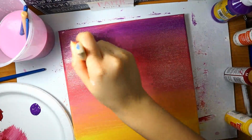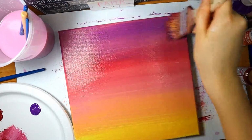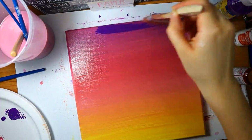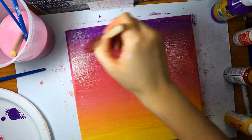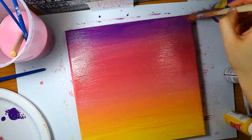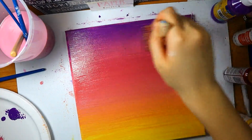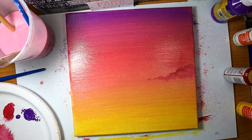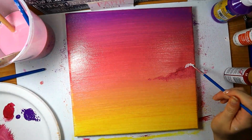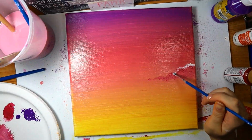And after I mixed the purple with the pink or the red or whatever, I noticed it was looking a bit too magenta-y, so I added some more purple on the very top to darken things up. After that, I also went in with a clean brush and went over everything to get it to transition very nicely. At that point, I was done with the background, so now we're gonna start painting